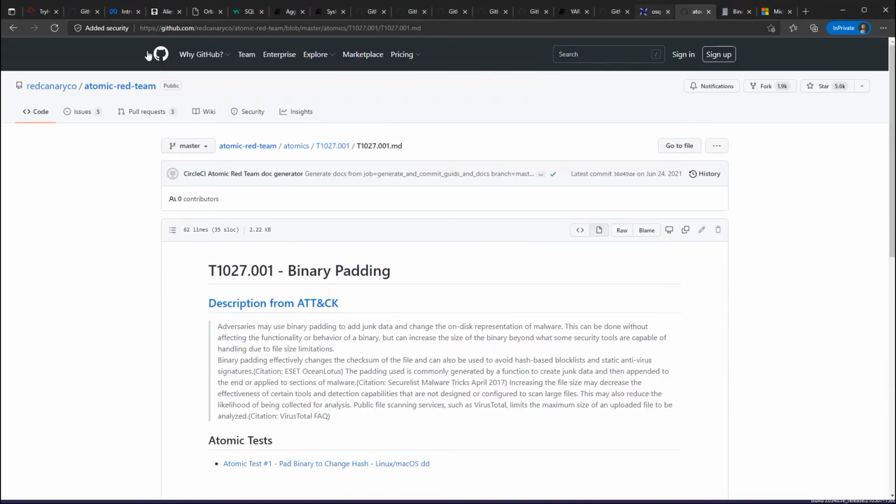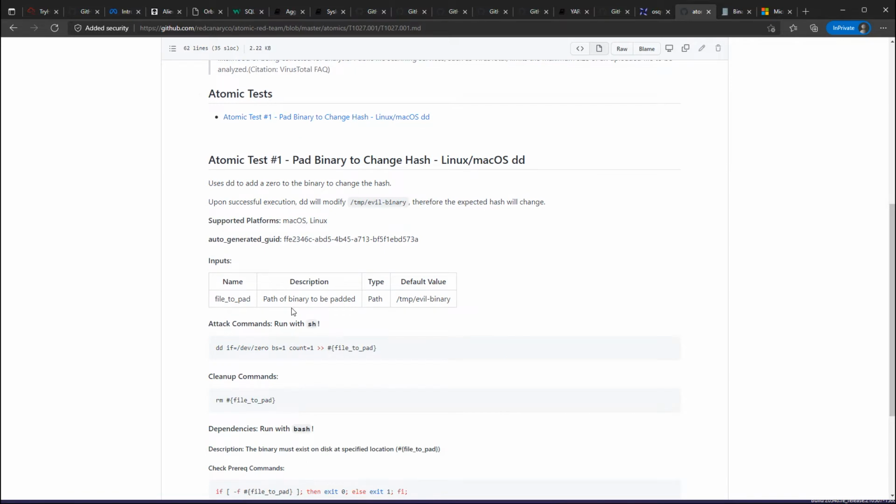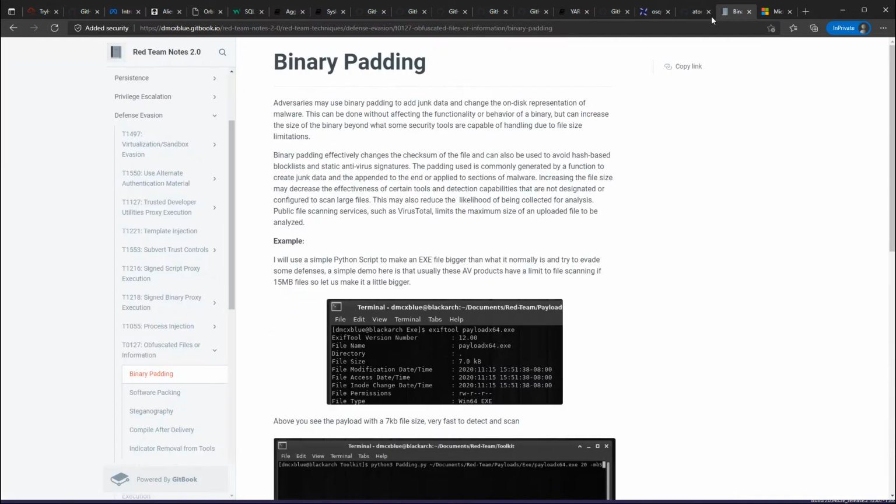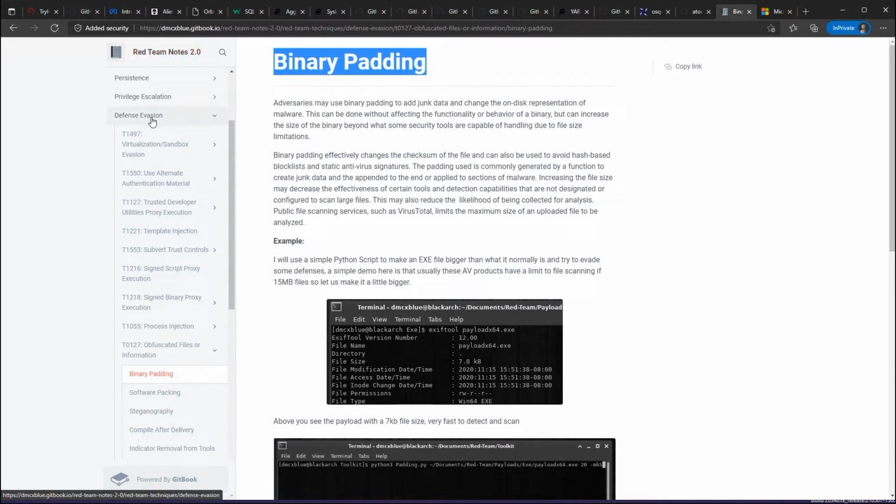And one of the useful resources I found is from the Red Canary Atomic Red Team. We have here the description of this attack and commands specific for this attack. Also here from Red Team Notes 2.0, defense evasion, obfuscated files or information, binary padding. So we have the description of the attack